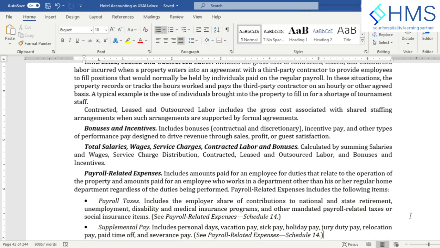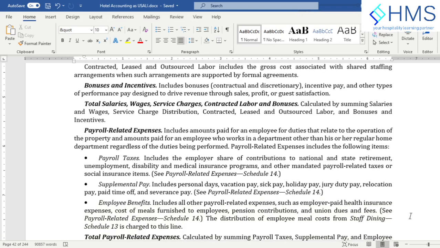It's the payroll taxes, which means the contribution to national, state, retirement, employment benefit, disability, medical insurance schemes, or other mandated payroll related taxes which are paid to the social security or to the government. So these are mandated by the law. That's why they are falling under the payroll taxes. It does not include the expatriate benefits; expatriate tax is considered as payroll related employee benefits, not as payroll taxes. Then you have supplemental pay, which includes the vacation pay,